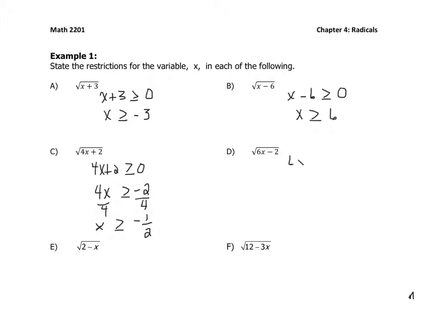So again, same ideas. This one here, the 6x minus 2, is what's under the root sign. So that has to be greater than or equal to 0 in order for this square root to be defined. So if you solve this for x, you have to basically add 2 to both sides, giving you 6x is greater than or equal to 2, and then divide out the 6 to get x is bigger than or equal to 1/3. The next expression, you need 2 minus x to be greater than or equal to 0,